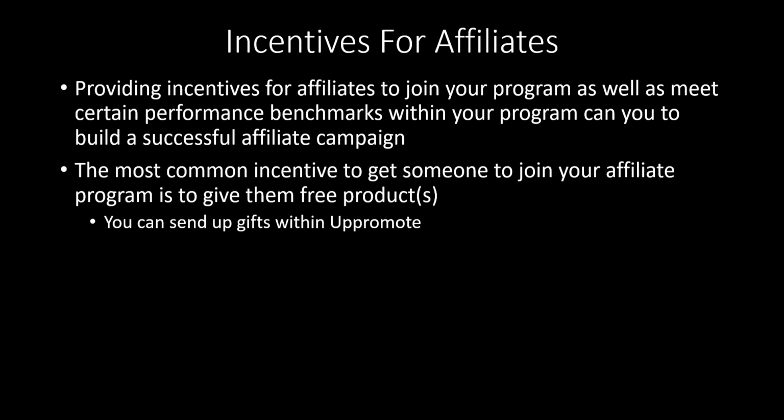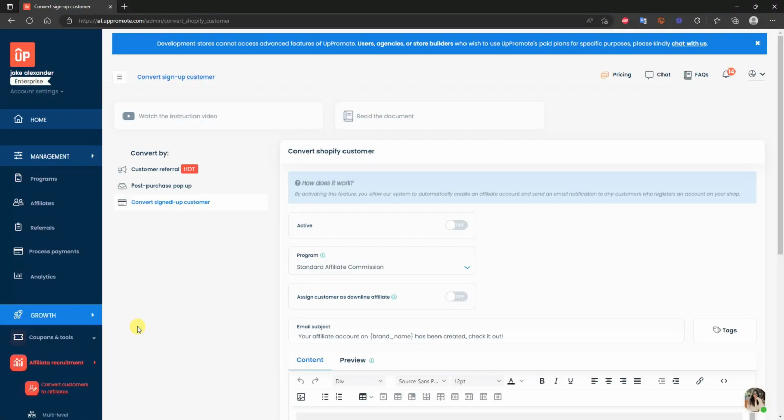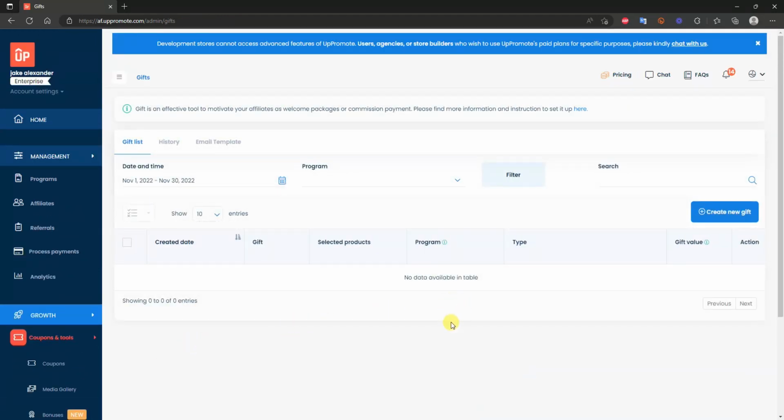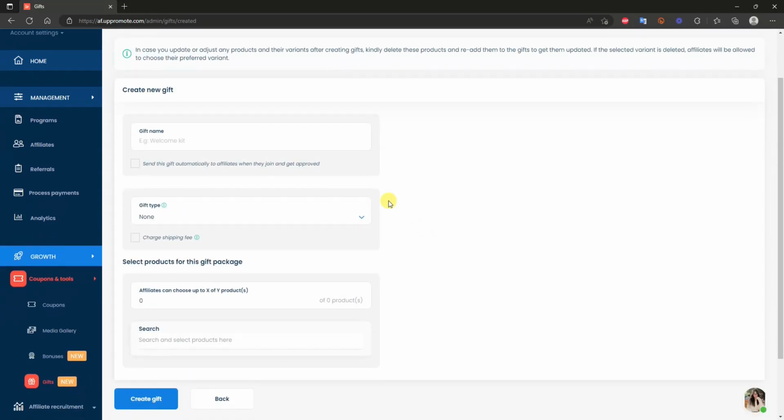So the most common incentive to get someone to join your affiliate program is to actually give them free products. And this is actually very easy to set up automatically within UpPromote using the gifts feature. So if we go ahead and open that up here, we can go ahead and click on coupons and tools and then come down here to gifts. And then right here, we can see that we can create a new gift just by clicking here. And we could name this whatever we want. So we could name it like